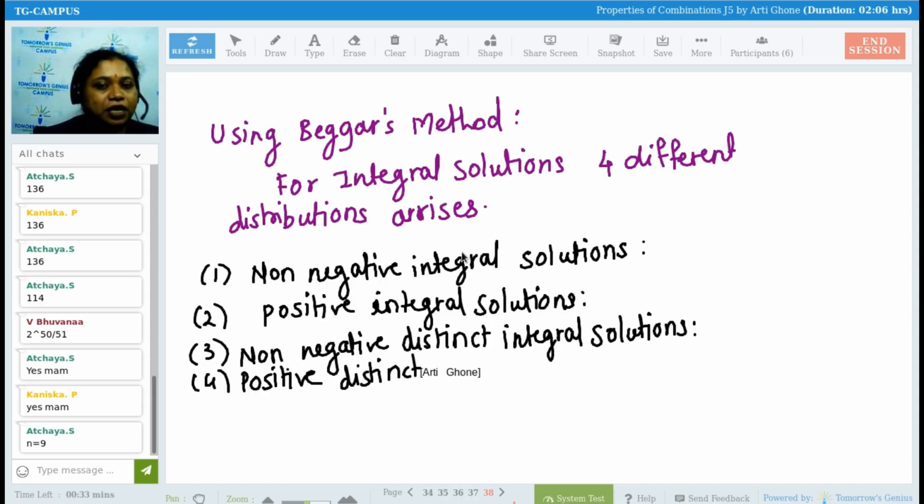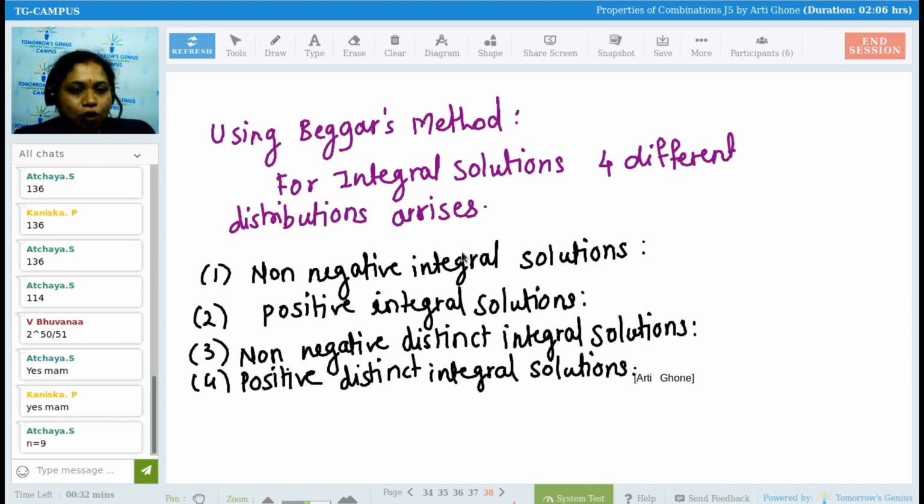Any question can be made with any 4 of these. So I am giving you indirectly all 4 kinds of statement patterns which will be asked in JEE,